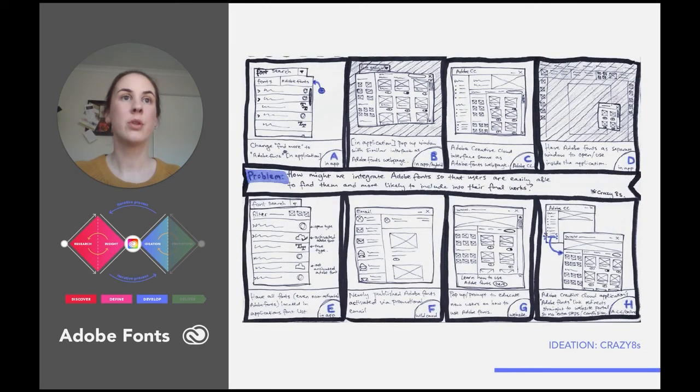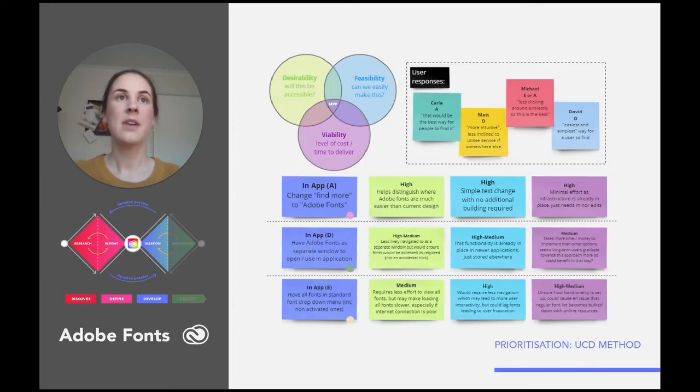But before I got too locked down in any design solution, I first wanted to create some ideas and brainstorm. I set to work on a Crazy 8 to see what options or ideas could work in this situation. I circled back to the initial interviewees to see what their feedback was on these options. After gaining their feedback, I then charted the top 3 responses that I got and used a user-centered design method,